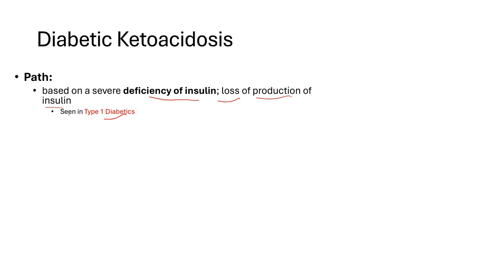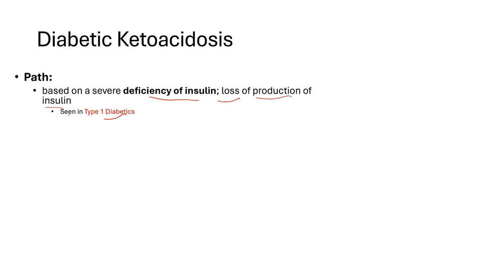Remember, type 1 diabetes is an autoimmune disease characterized by the destruction of insulin-producing beta cells in the pancreas, leading to an absolute insulin deficiency. And that is the big takeaway point from this slide. DKA occurs due to no production of insulin, absolute loss. Now, multiple things are taking place at one time in DKA. Different pathologies, different mechanisms of action, but I think we can break this down to 4 simple steps to understand